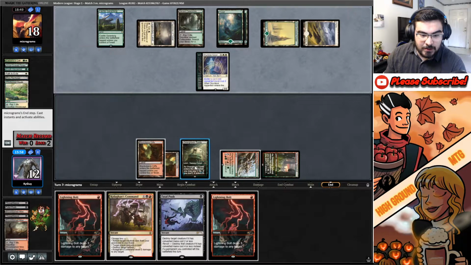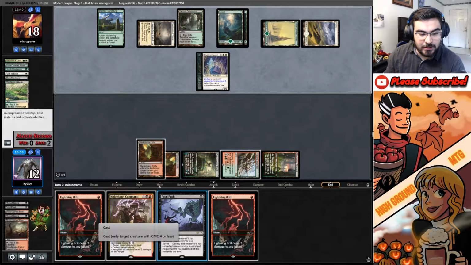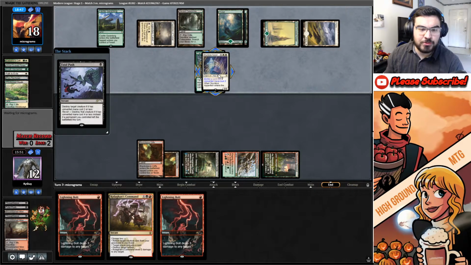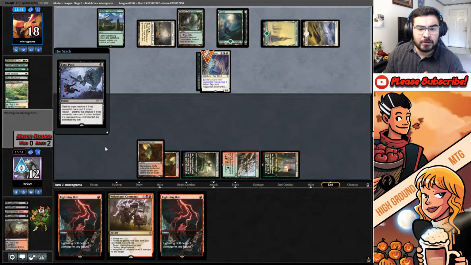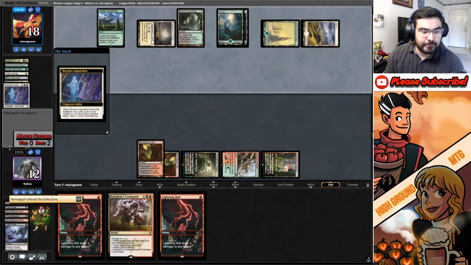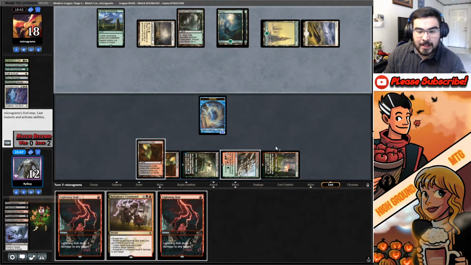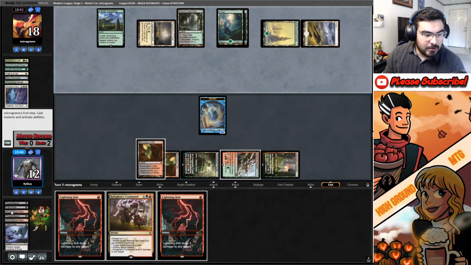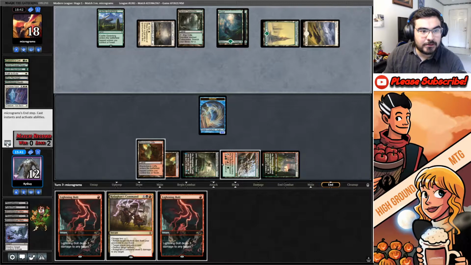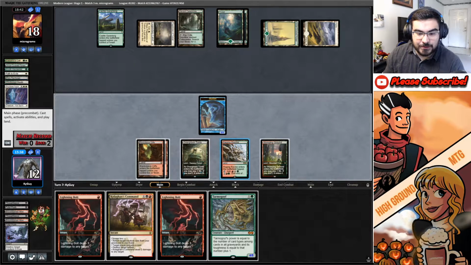No. I'm going to Fatal Push it, though. We'll get our 2/2 Illusion. Illusion! You don't have time for my illusions, Dad. That's still a clock. And we have double red, which is great, in case we also have that, too. So...